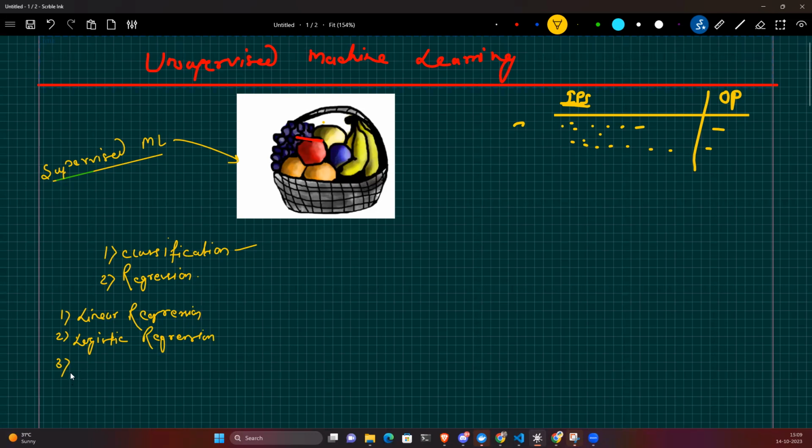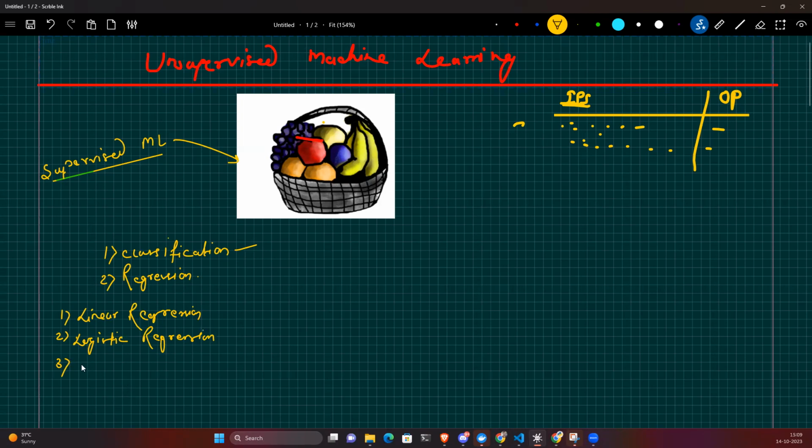No. Though it is solving a classification, it is taking the help of probability, right? And probability is continuous in nature, right? So that's why it is called logistic regression. On the probability, it applies the logic. That's what is called logistic regression.